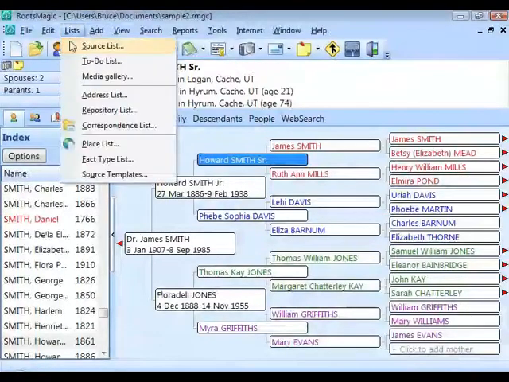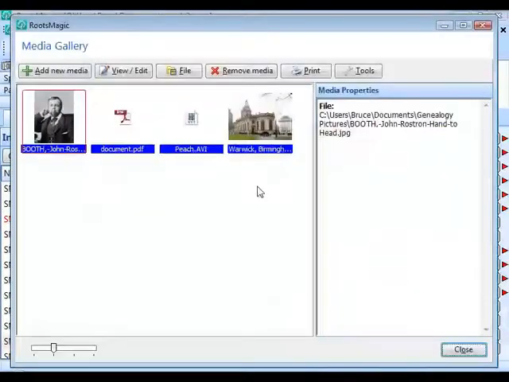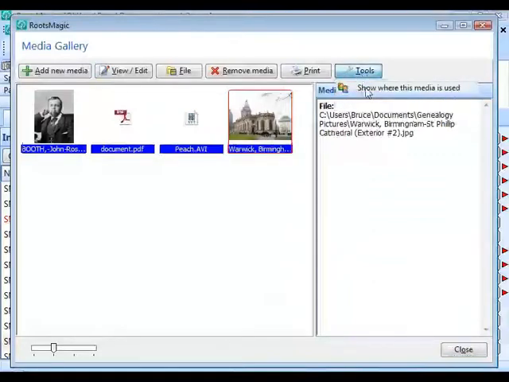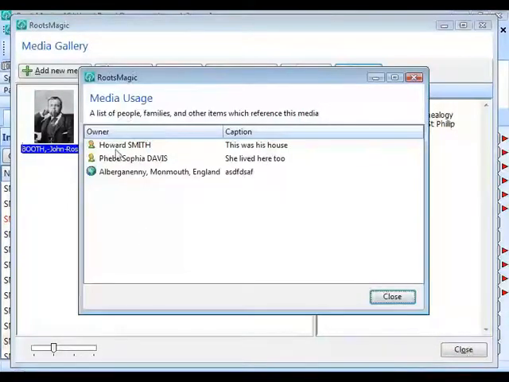Howard and Phoebe are both used there, but this place, and you can tell by the little globe, this place is used there along with whatever caption I have entered into this particular media album. Okay, so now I've got three places. Again, I can have media albums for people,